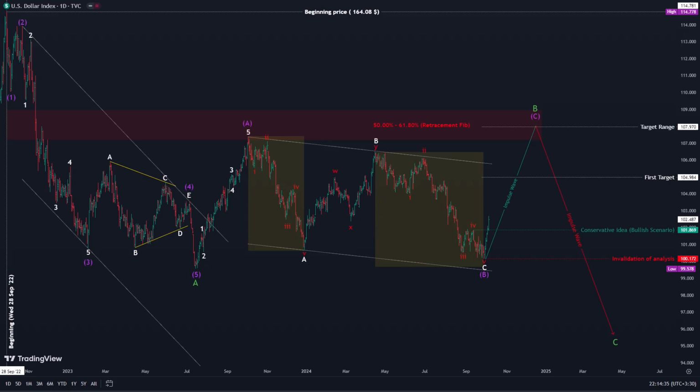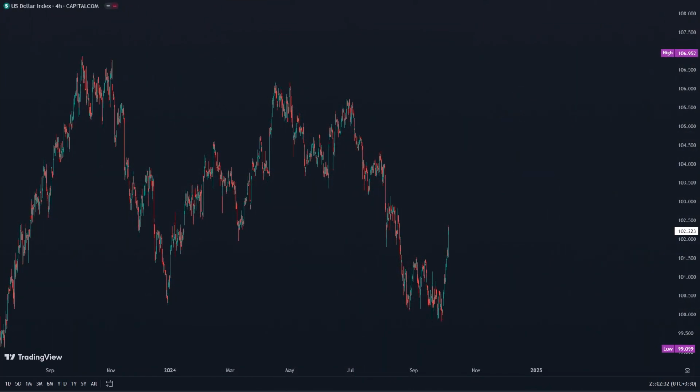The second analysis idea suggests a continuation of the bullish market. This is because wave B has not been completed in the higher degree of the wave, which could potentially form a large zigzag pattern. Taking a closer look at the 4-hour chart,